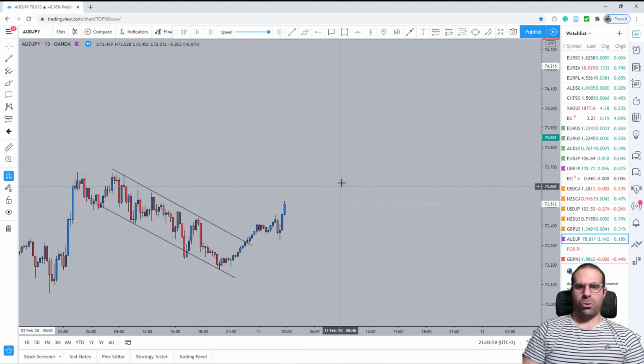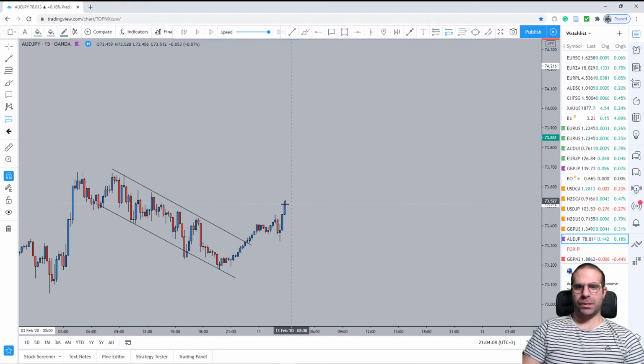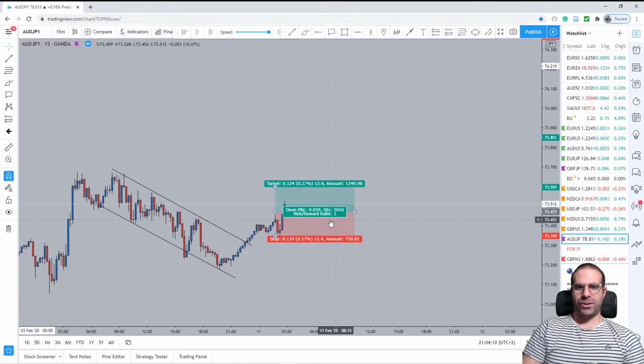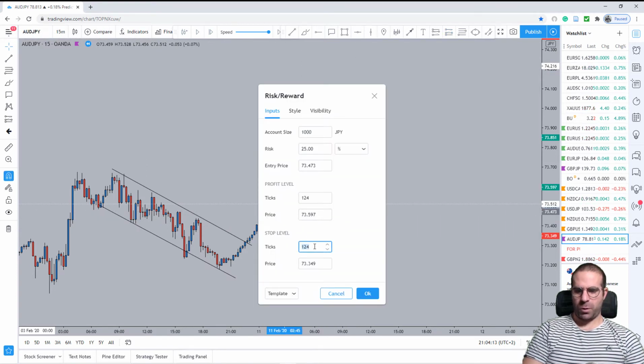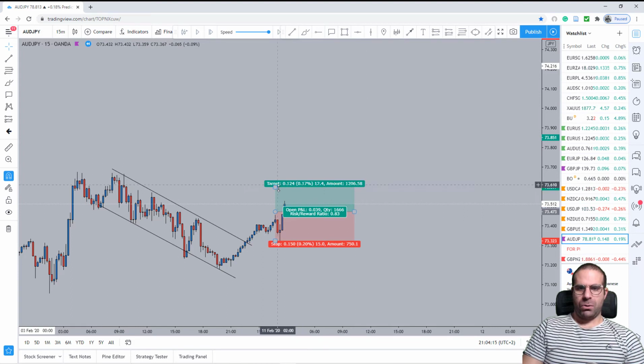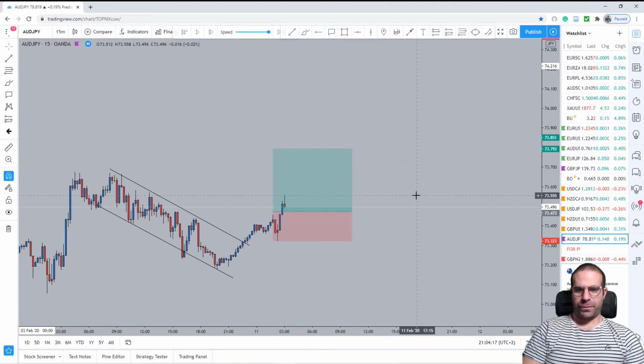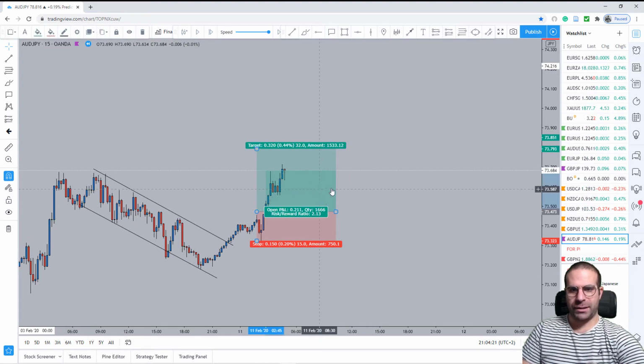Okay, now we like this one. Even though we break above an ascending channel, we will still be placing an order. This is the Fibonacci tool, this is not a pending order. So the order is gonna be going somewhere around here with a 15 pip stop loss. We don't get activated, guys.